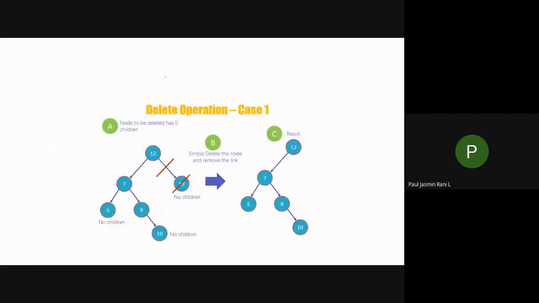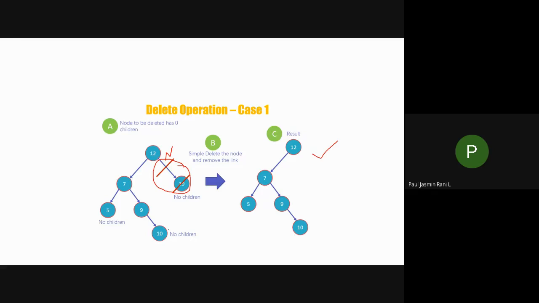So this is your first case. Yesterday itself I explained. If I want to remove this child, that is a node which contains no children, what do I have to do? In the place of the right child, I am going to mark it as null. If I do this, what happens? I am removing this particular node. After removing, this will be your result. So this is for case 1.